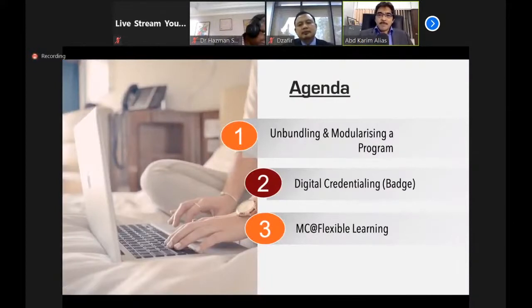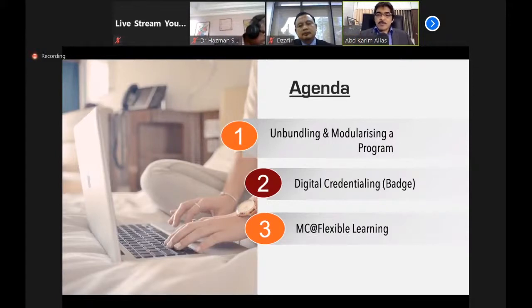First, how to unbundle, because when we talk about the academic program especially, not the freestanding one, how to unbundle or unpack the whole 4 years curriculum, 120 credits on average, and how to modularize it to make it as modules.